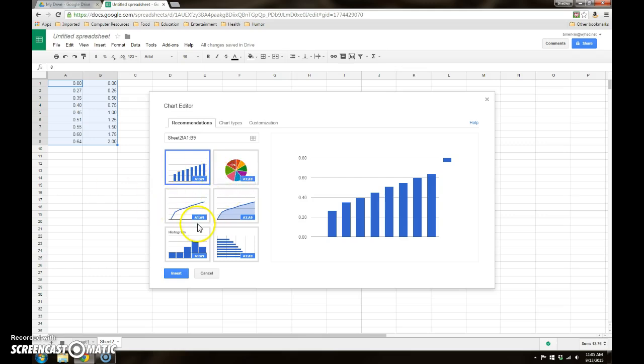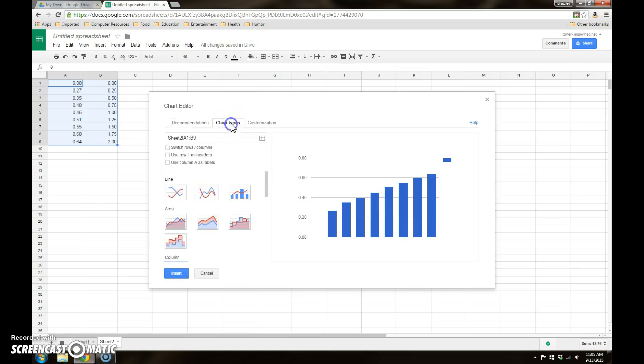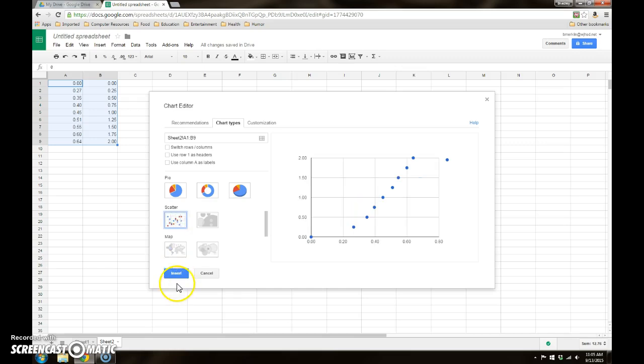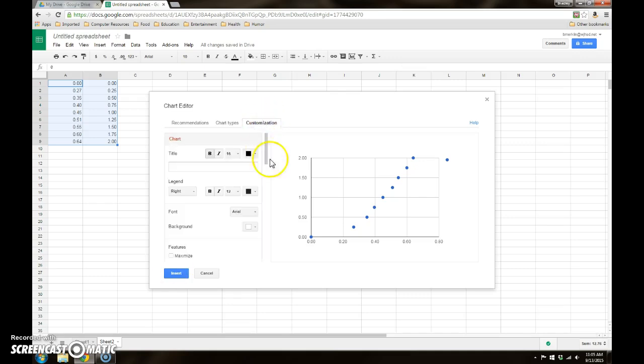There's pie charts and bar graphs and things like that. But in our class, more often than not, we're going to want to use a scatter plot. And that's where it really does treat these two sets of data as ordered pairs, as an x value and a y value. So we select the scatter plot, and we can go to the customization tab here